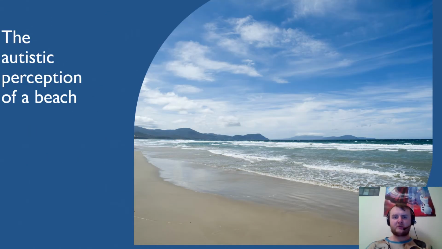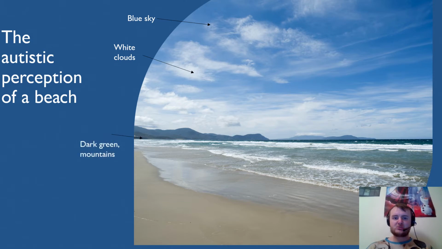This is the picture of the beach again, and I will warn you, this is when things start to get technical. The first thing that I generally see in the picture that perhaps a neurotypical may or may not have saw was the sky. I have interpreted this as a blue sky, and in that blue sky are some white clouds. They look like cumulus clouds, which are white puffy clouds.